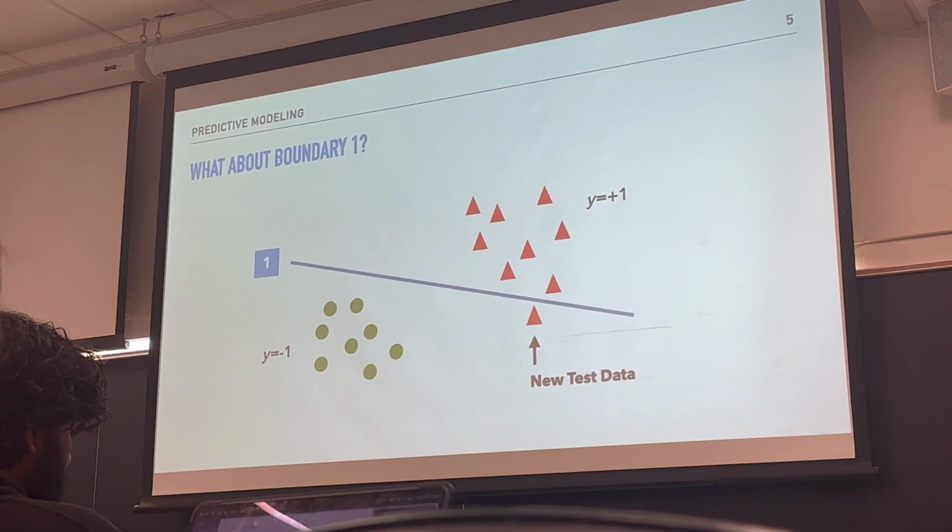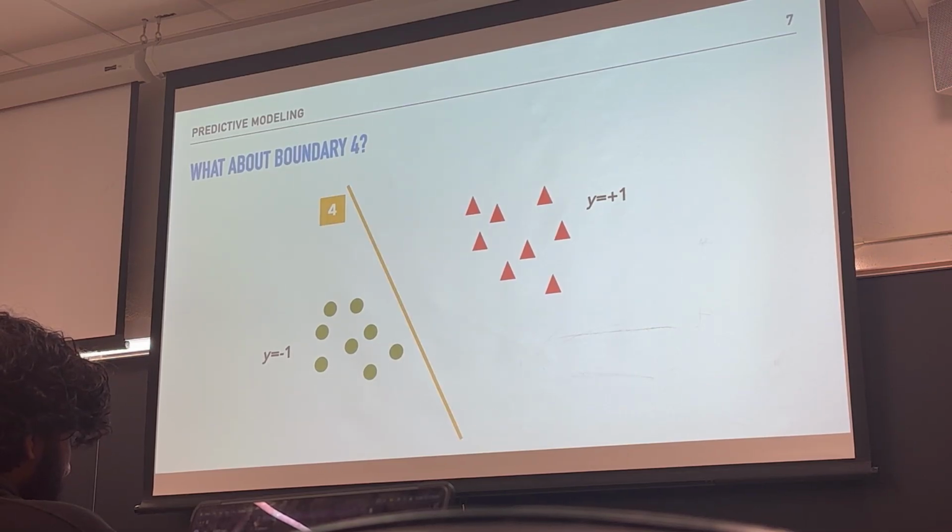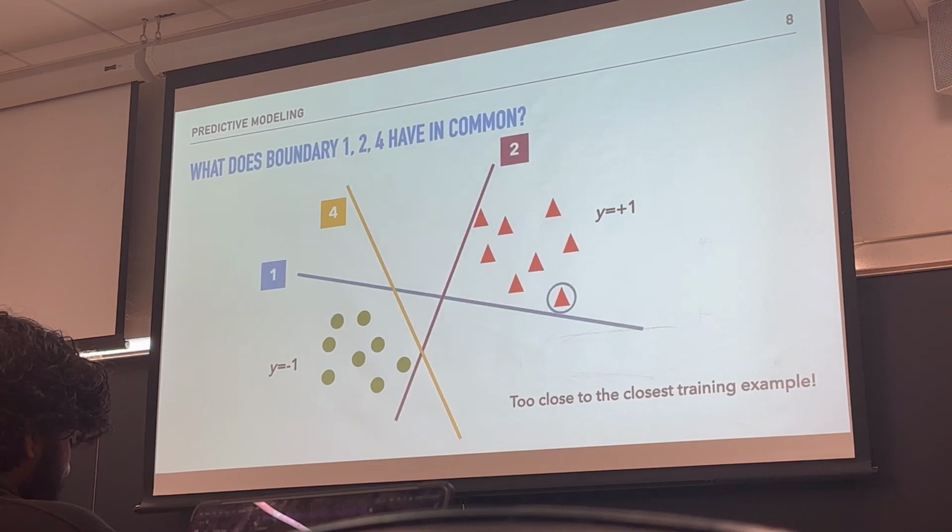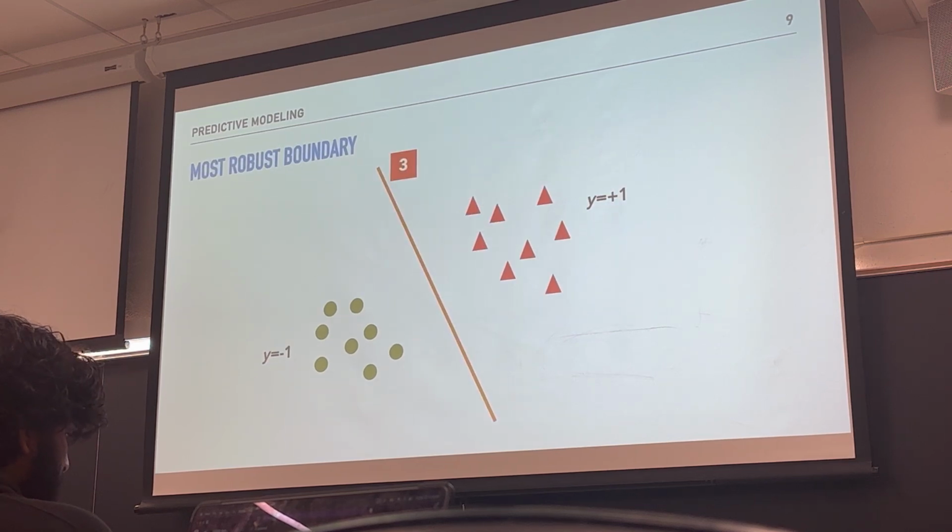And it's not an unreasonable assumption that the distribution of new test data points is close to the distribution of the current training data points. So to generalize the best, we will choose something like this, which happens to be as far away as possible from both the class clusters essentially,